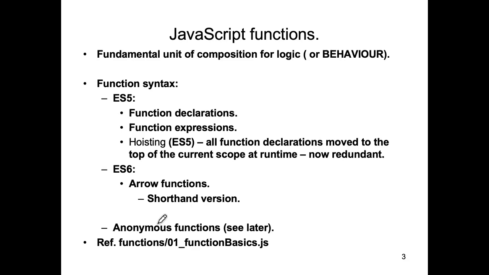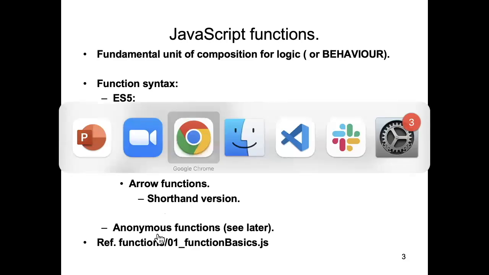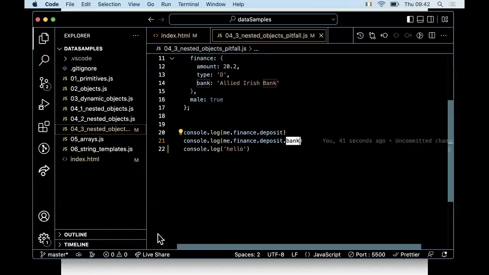Now, similar to the data structures, I'm also providing an archive that you can download and unzip and import into VS Code. That archive is going to be available to you in the next lab that we'll have next week. Next week's lab, if I get to finish these slides, which it's unlikely that I will today, is all about JavaScript functions. There is an archive that comes with it, and when you download and unzip it and import it into VS Code, what you get is